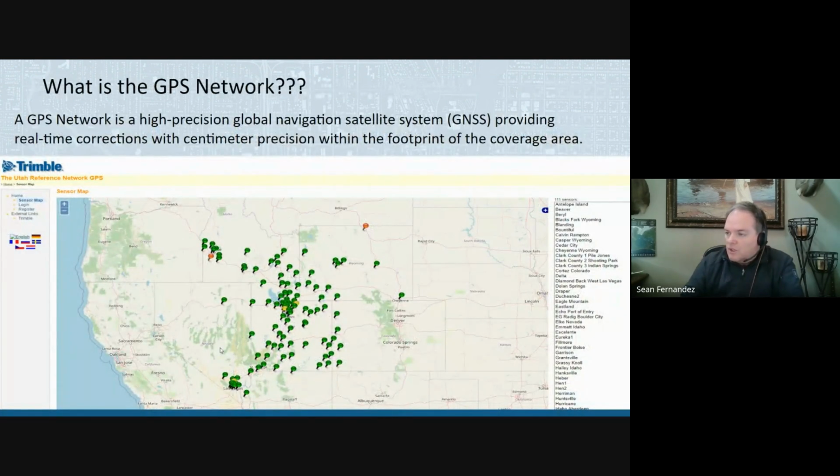This is what it really looks like right now. And I guess you're probably wondering, what is a GPS network? A GPS network is a high precision global navigation satellite system providing real-time corrections with centimeter precision within the footprint of the coverage area. So anywhere you are within this footprint, you can achieve centimeter precision if you have all your